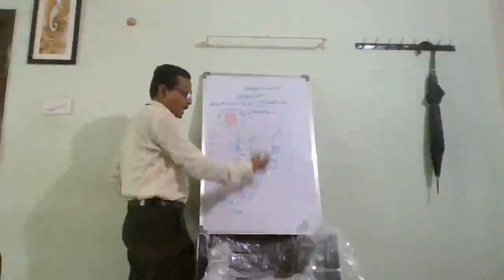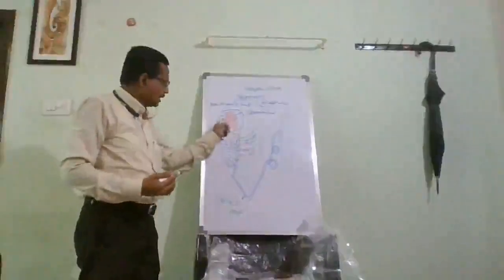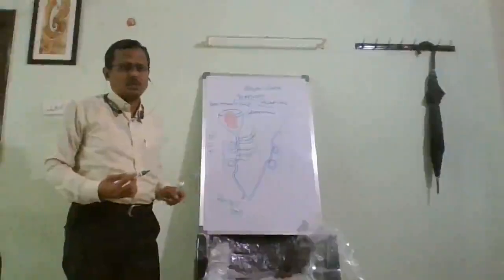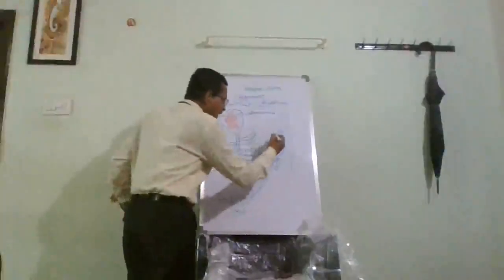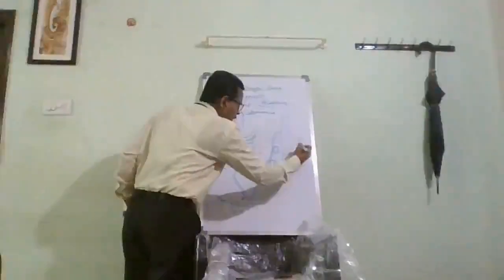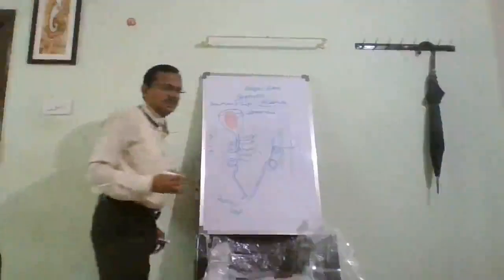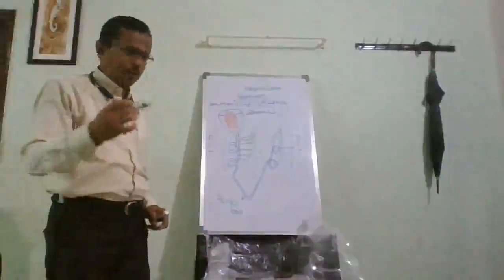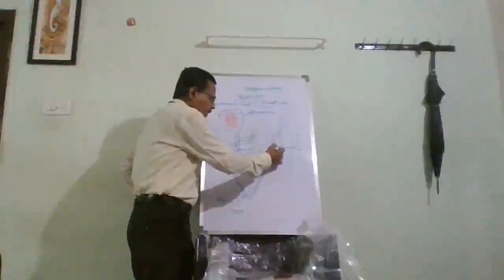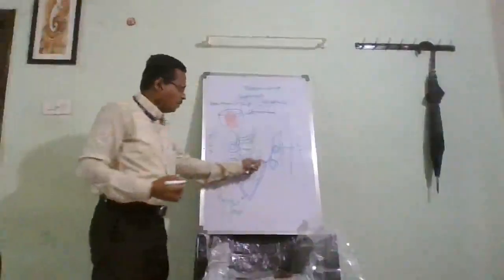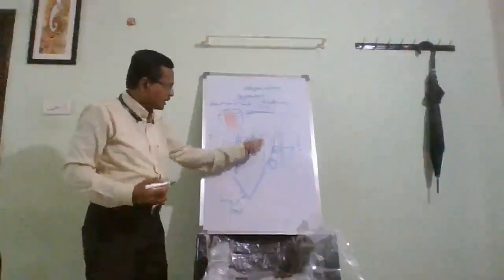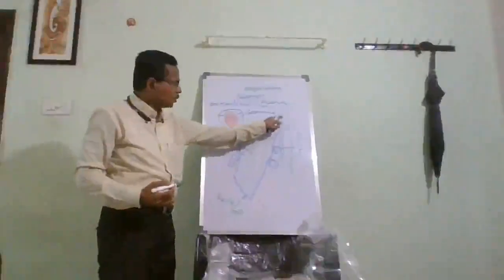From here the urine passes over into the other coil structure, another convolution, which is distantly located from the Bowman's capsule, and hence it is called the distal convoluted tubule, or DCT. And from here, the distal convoluted tubule conveys the urine into a very